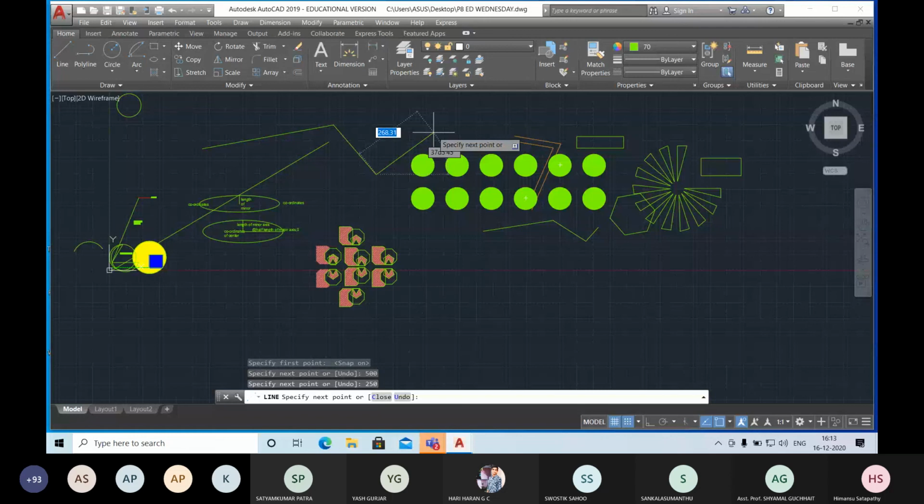With DIN mode 3, you can see all 3 options: the coordinates, the length, and the angle. If you don't have the coordinates, then you can go for the dynamic input. Dynamic input 2 shows only length and angle, and dynamic 1 shows only the coordinates. So when you work manually, you can go for the dynamic mode, or the DIN mode command, DIN mode 3. Okay. And sir, DIN mode 0?